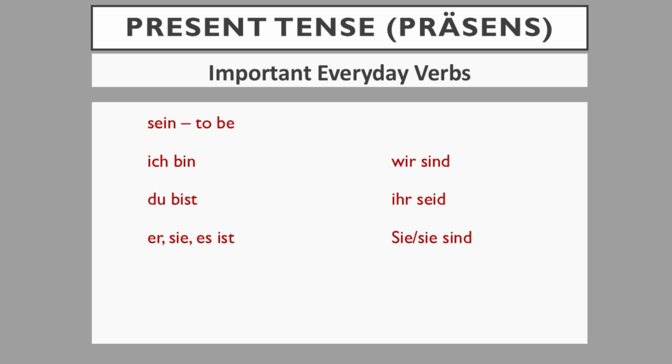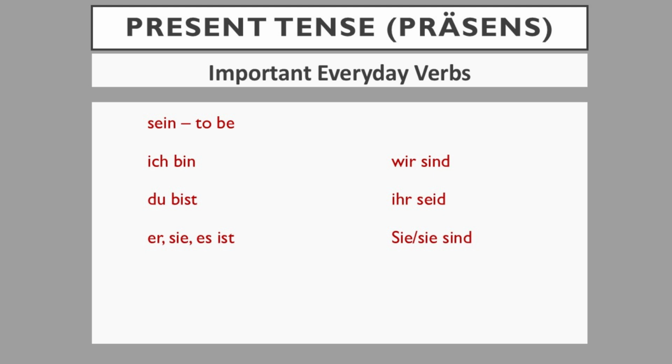Now, let's learn some of the most important everyday verbs in German. These verbs appear constantly in conversations. First one is sein, to be. This is one of the most important verbs in German. The forms are